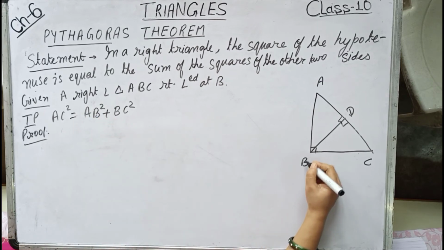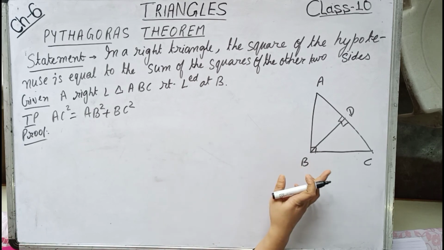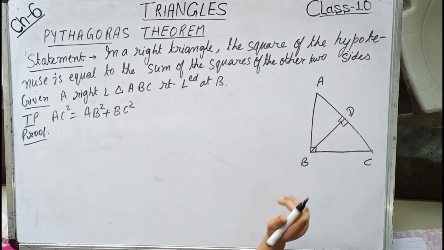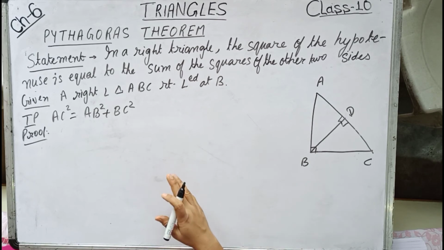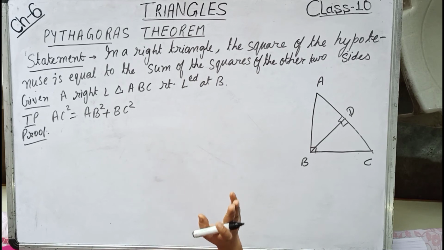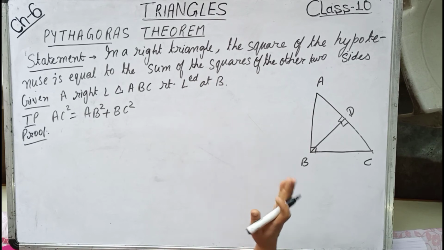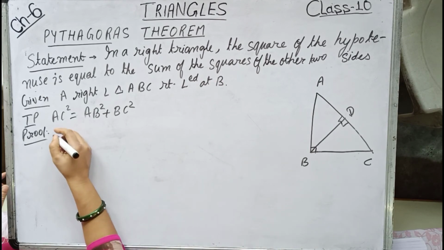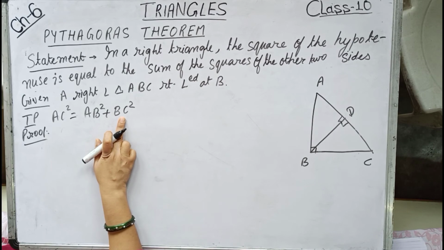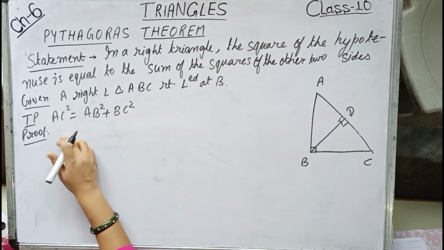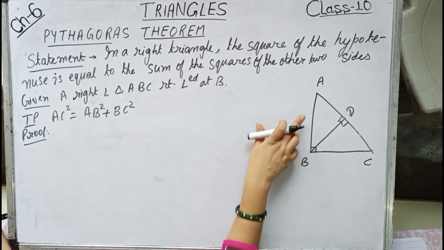Now, over here I have drawn a perpendicular BD on the side AC. So by seeing this figure, you can remember the theorem which I did in the criteria of similarity. After explaining all the three similarities, I did one theorem. Taking the help of that theorem, we will be proving this Pythagoras theorem. Over there I taught you how to name the triangles which we are going to prove similar. So let us start. First AB square I will try, then BC square I will add, and we will be getting AC square. So AB I can get in triangle ABD.